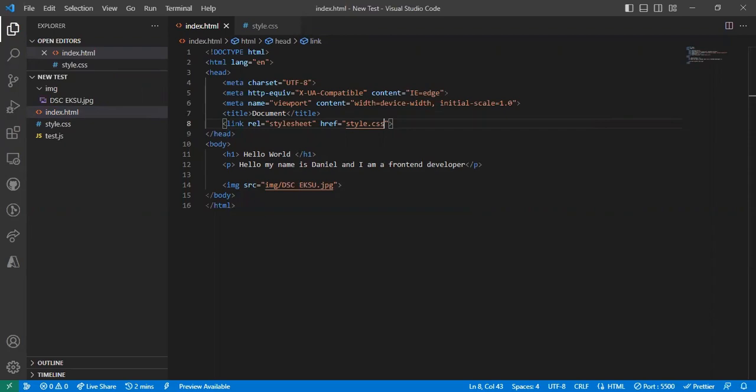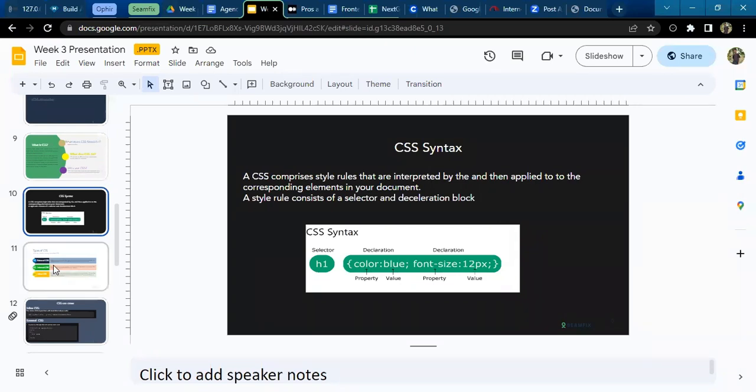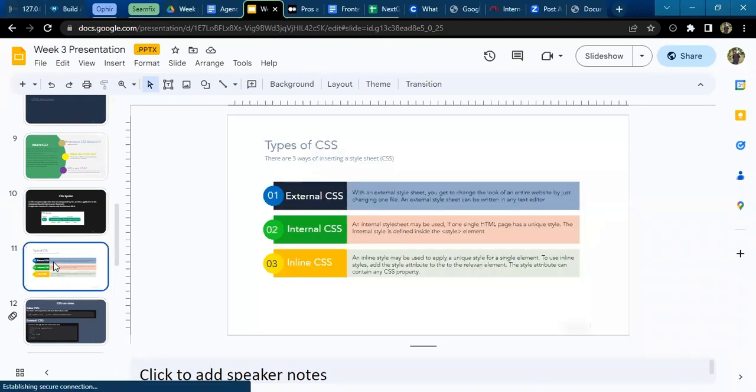is everybody following me? So you can see that we've changed our text to blue. How did we do that? Can anybody tell me? How were we able to do that? You link the CSS into the HTML. Yes. Majorly, we were able to style or add colors to our web page because we used CSS, right? So it buttresses our point in my slide saying CSS is used for styling HTML content, right? And we have different types of CSS, right? There are three ways